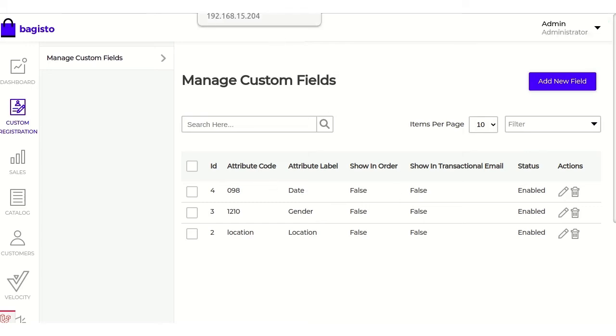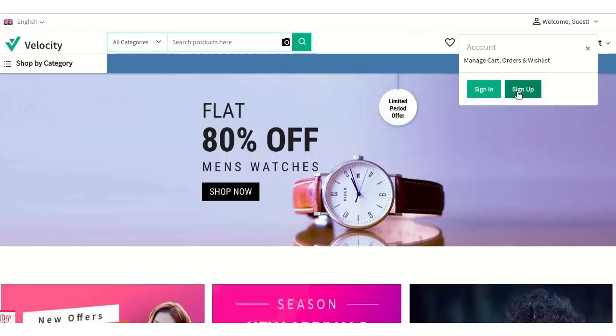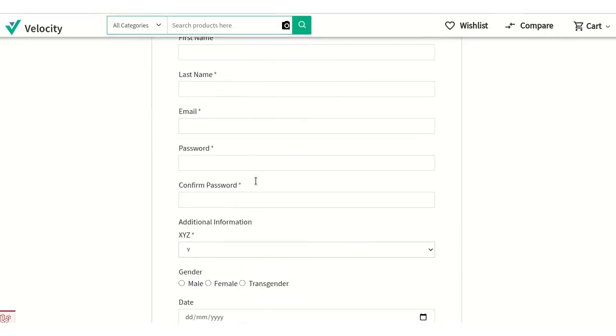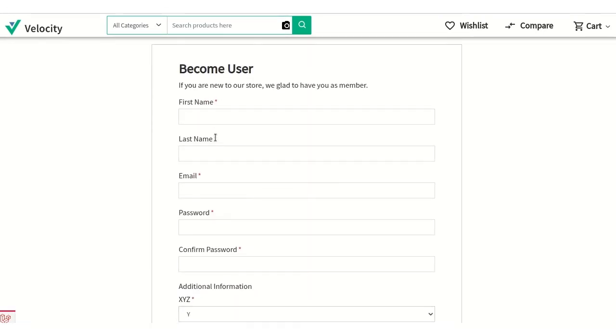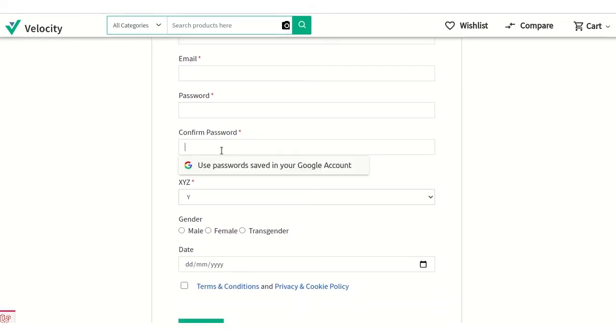Now going down to the store section, you can see this is the store. Welcome guest option is there. Click on sign up. Once you click on sign up, you can see all the options that we have created, like the custom registration, name, email, password. Up to this section, this is by default.